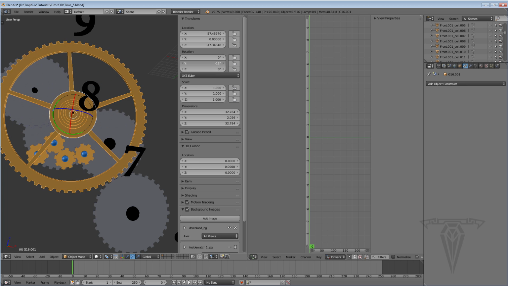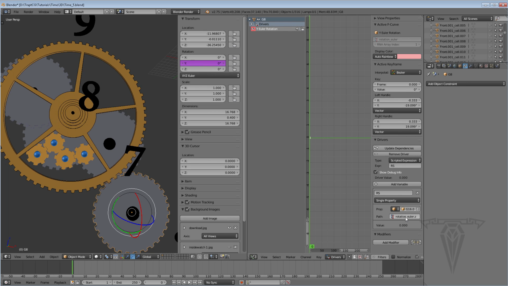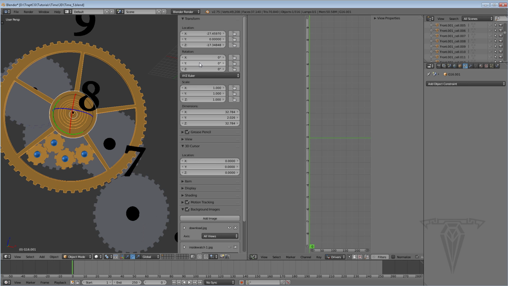And you can see nothing is happening. Okay, let's check why. Go back to this object. Oh, that's right, because I put in the wrong axis. We need to rotate off the Y-axis. So I'm going to come in here, delete this, type in Y, come back to this gear, and now rotate,